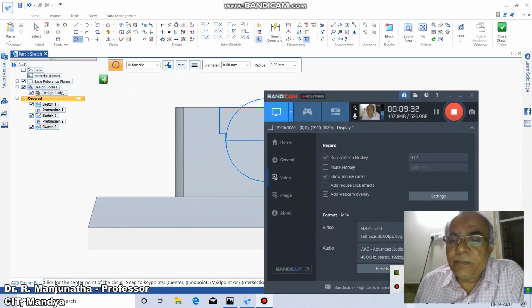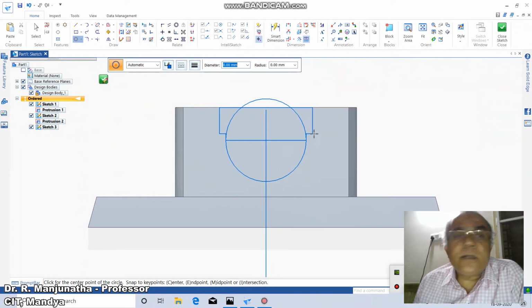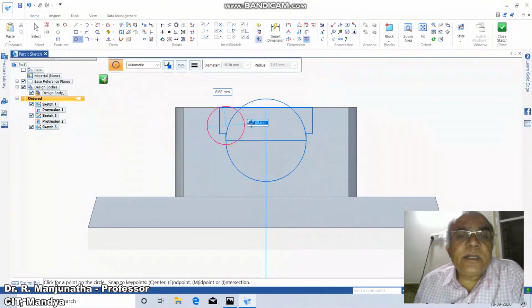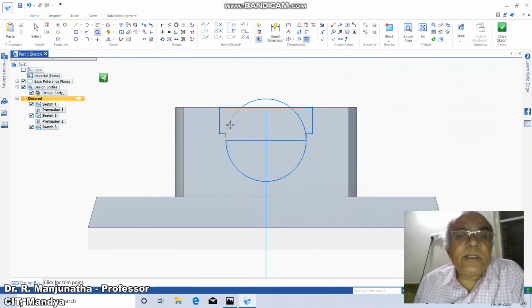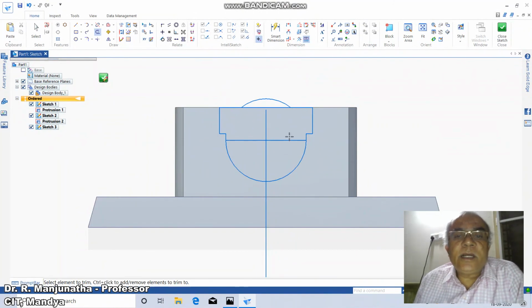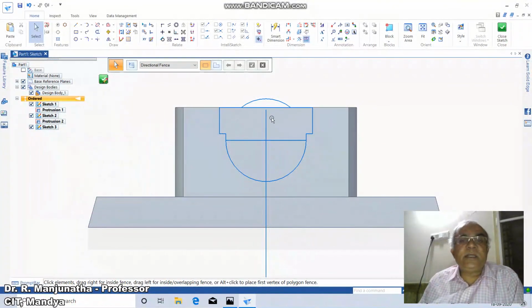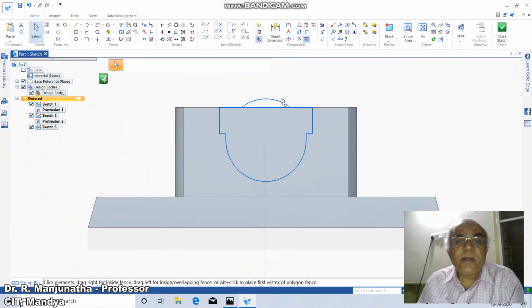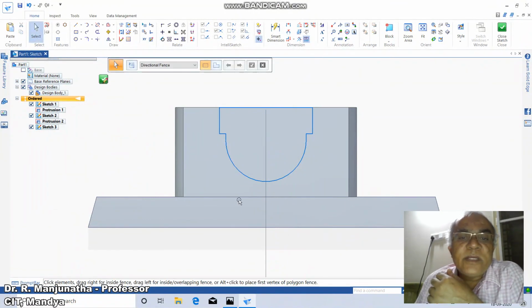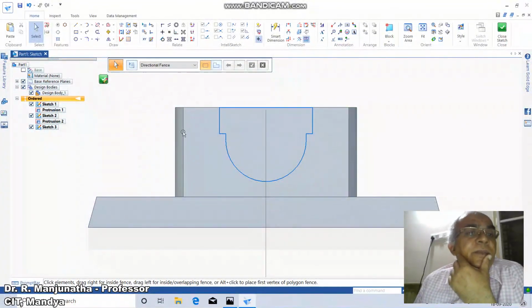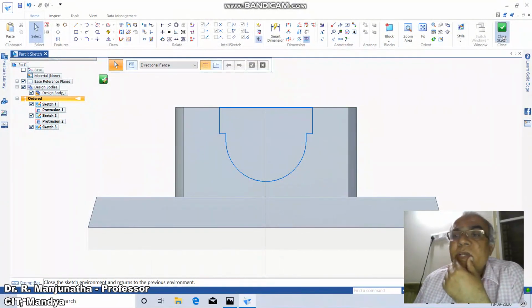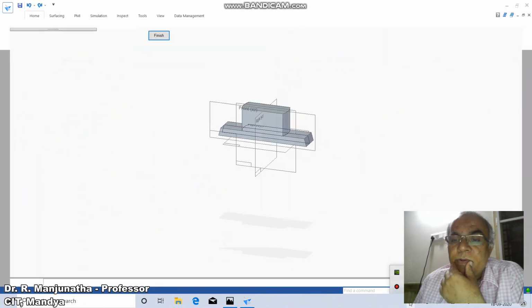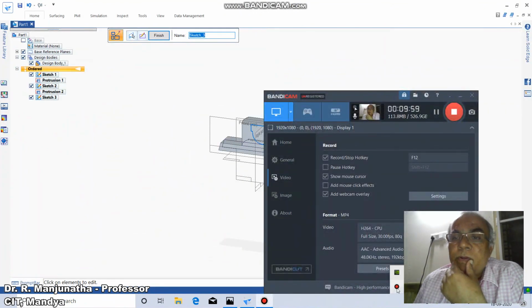So here the trim between this, then trim this and this, and then by selecting this you delete this line and also delete this line and also delete this line. So we have the entire surface area. Then go to close sketch.